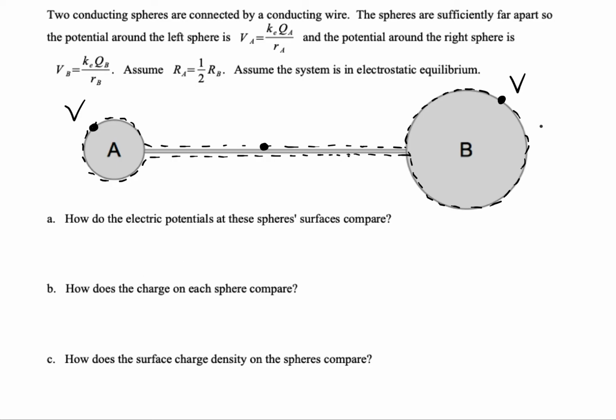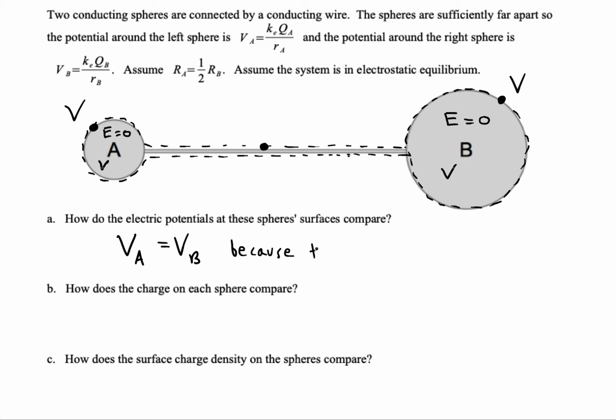And not only that, but when it comes to conductors, we said before that the electric field inside the conductors would be 0. And that's true. However, the potential inside is not 0. The potential will still be V throughout the conductor. So that's one difference between potential and electric field. So let's say that VA equals VB